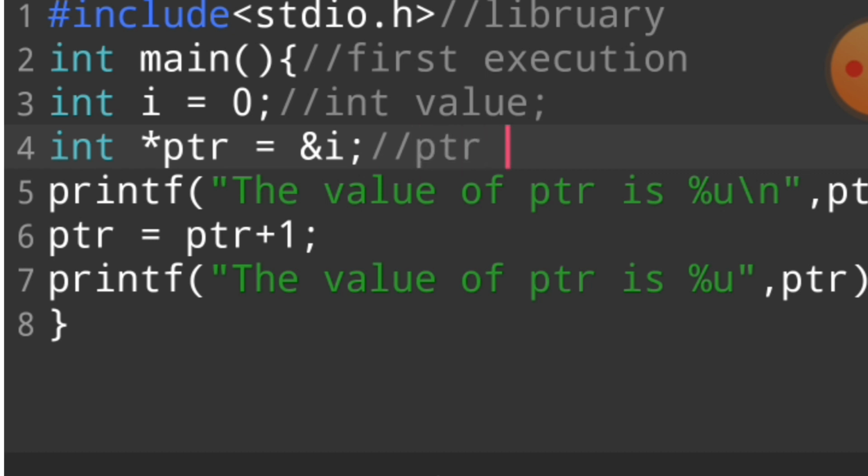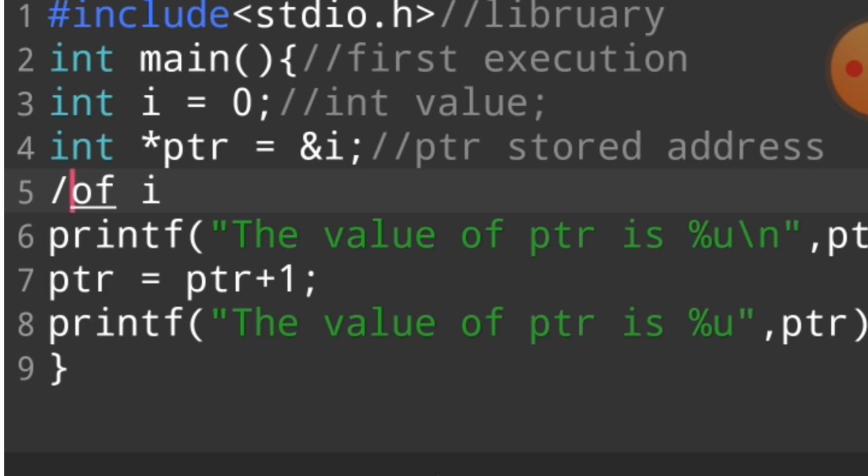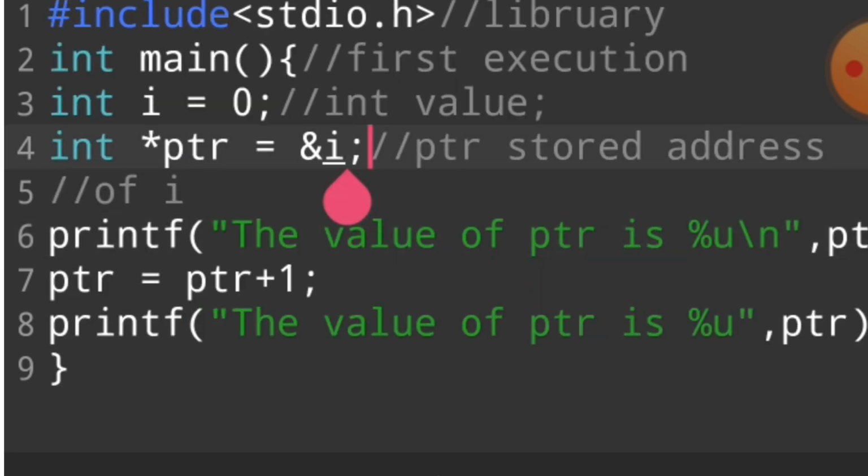Then we declare a pointer, this is ptr. In ptr the address of i is stored, and then we say the value of ptr is ptr. The address of i is printed. The value of i is printed.